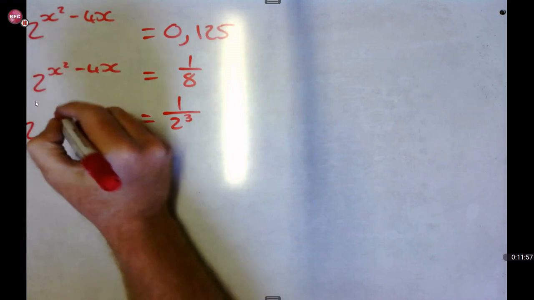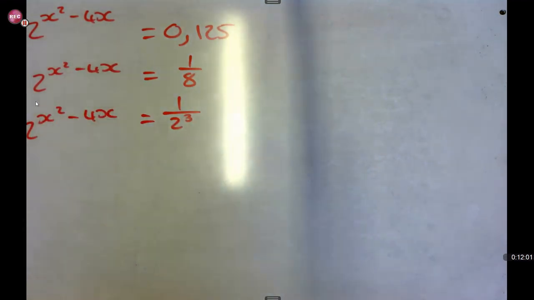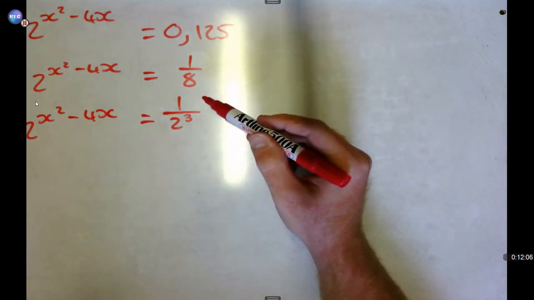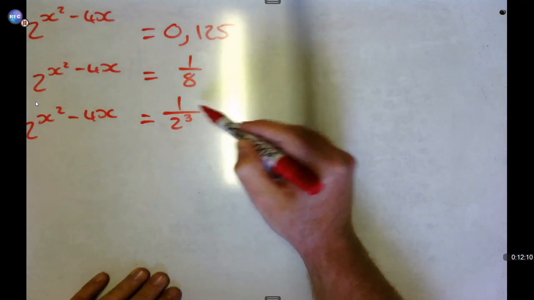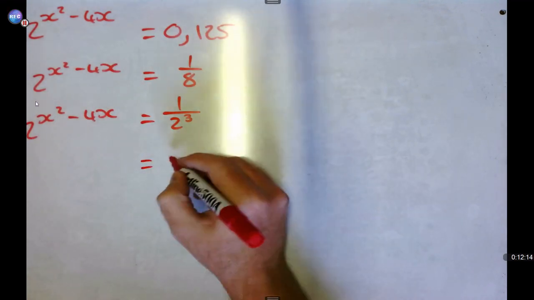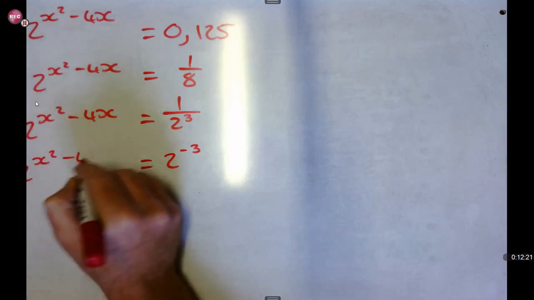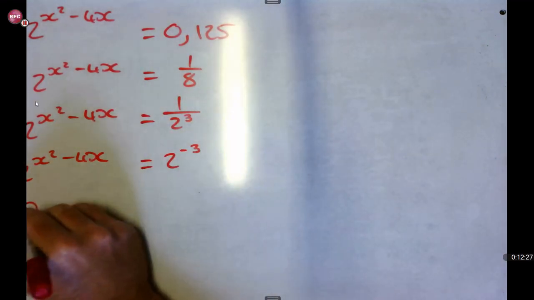On the left, you'll have 2 to the power of x squared minus 4x. Okay, as in law number 6 that we followed in the previous question, we need to bring this to the top. And this will then change the exponent to a negative. So you'll have on your right side 2 to the power of negative 3. On the left side, you'll just have 2 to the power of x squared minus 4x. Okay, the bases will now fall away. If the bases fall away, you'll work with the exponents.